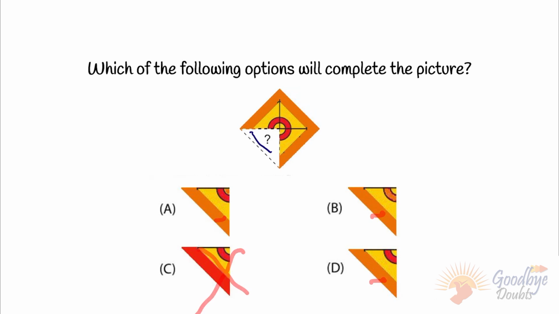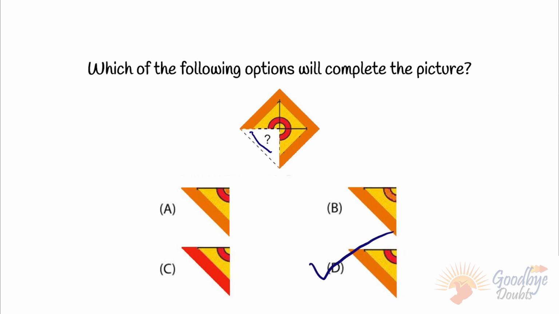We can remove this one. Now if we put this image, there is a red circle which needs to be completed. So let's see which options have a red circle. We have a red circle in option A and option D. After the red circle, here we have yellow color, and if you see option A, the color is orange, whereas in the original picture we have yellow. So that way, the correct option will be D.